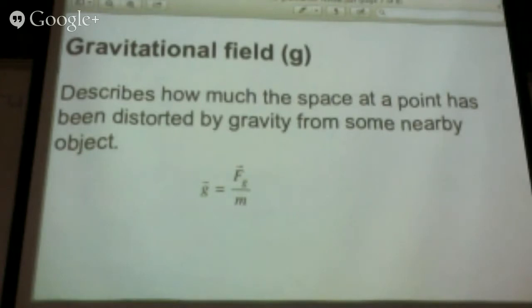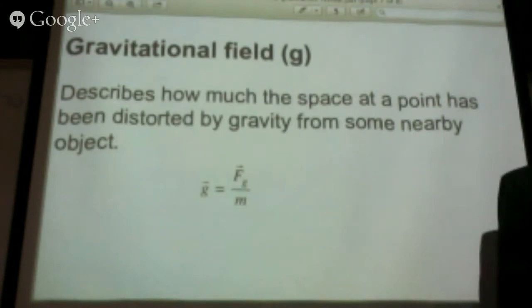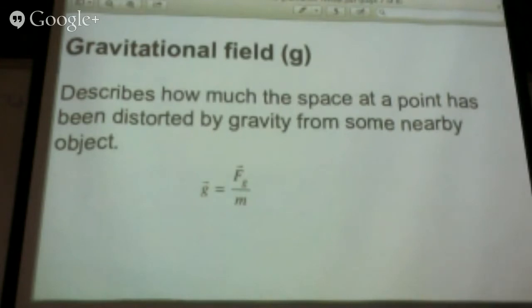The analogy that everybody uses for this, because it's a good one, is the trampoline thing. Put a bowling ball on the trampoline. Just let it sit there. We're not like bouncing the bowling ball on the trampoline. It's probably dangerous, but just let it sit there so the trampoline sags in the middle. We get to see that the trampoline is sagging in the middle, but say you're an ant on the trampoline